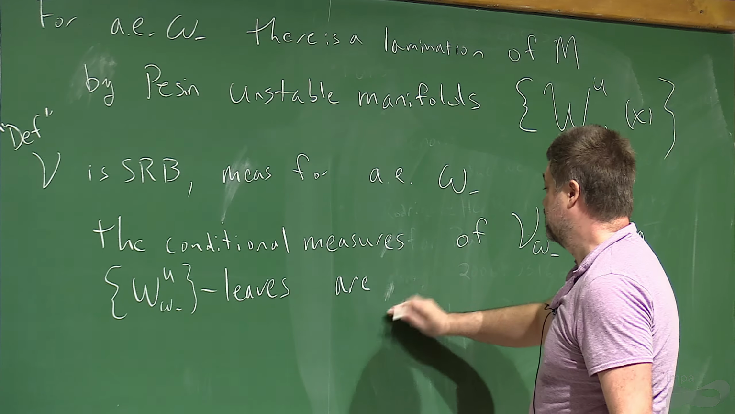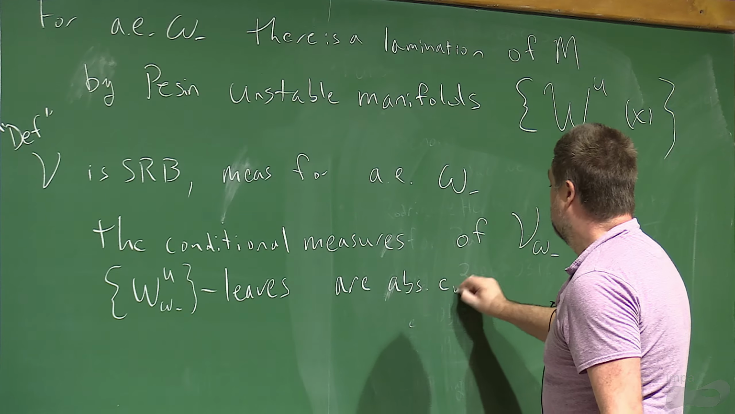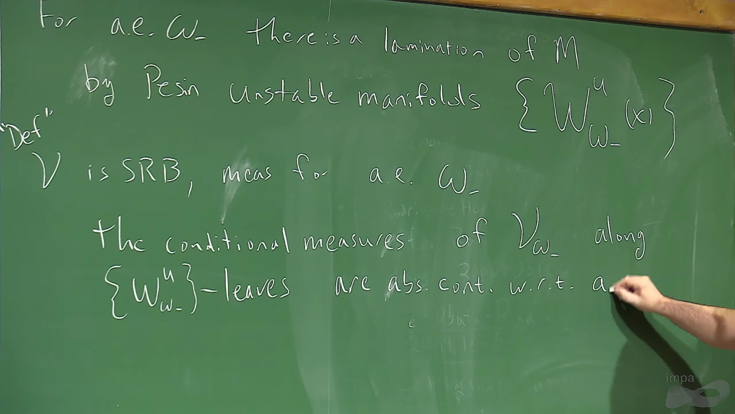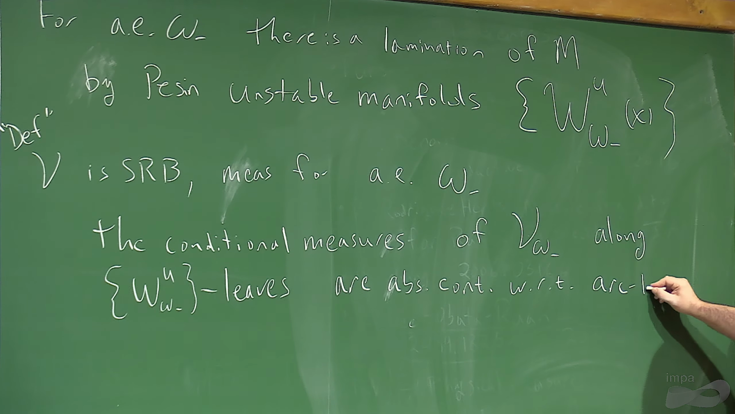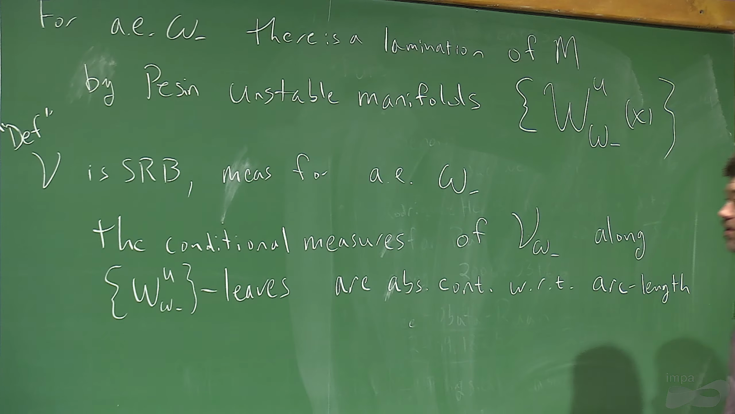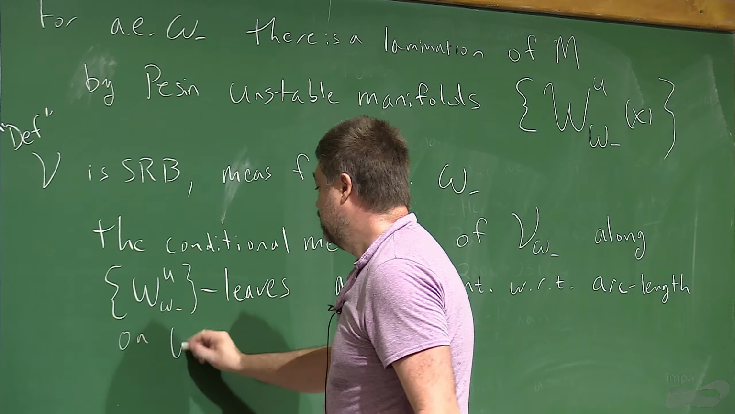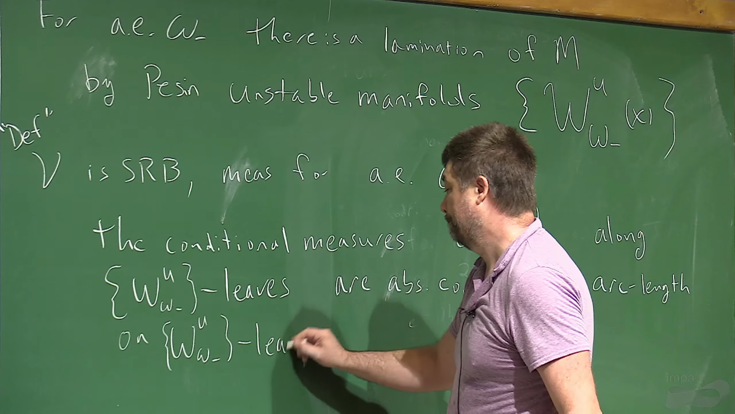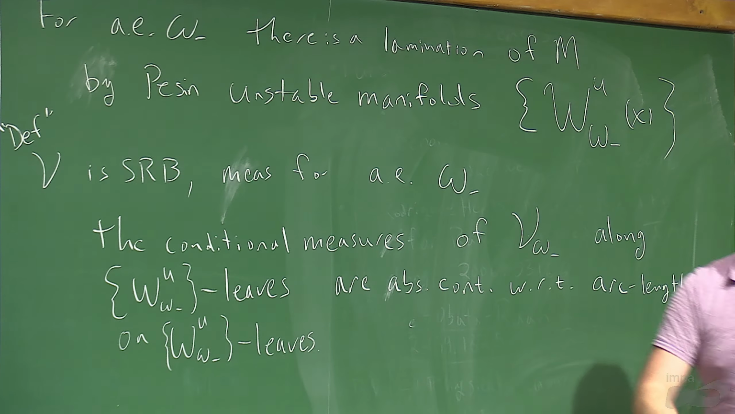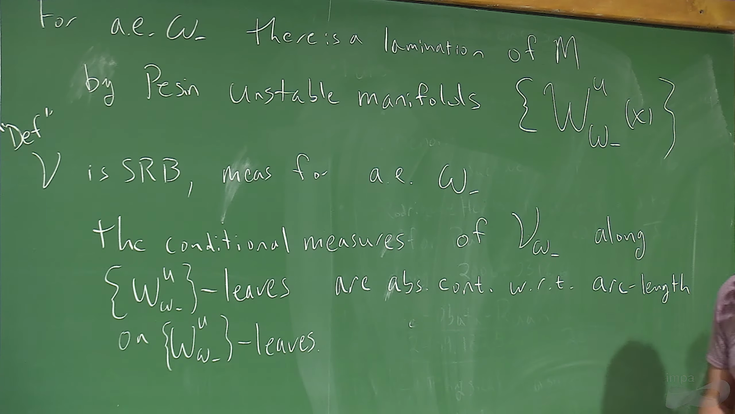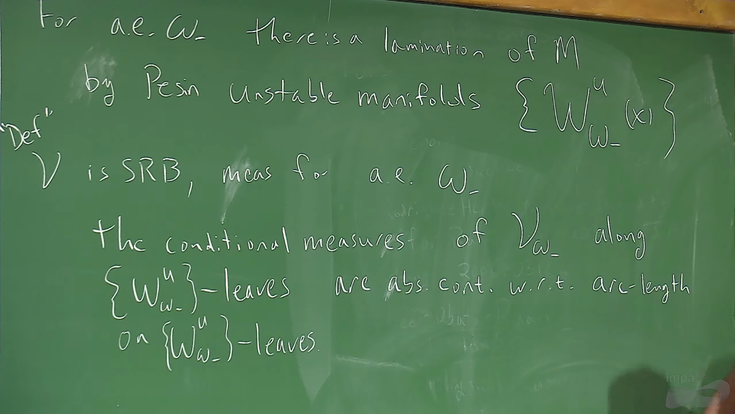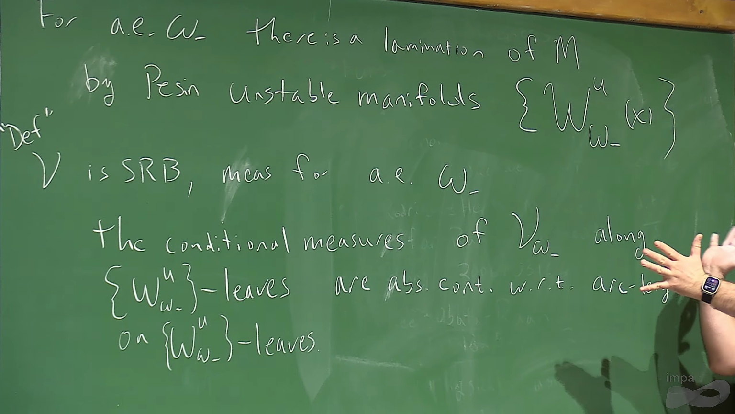These are absolutely continuous. They are absolutely continuous with respect to the arc length or the Riemannian length on the unstable Pesin manifold leaves. Okay, so if you've never seen an SRB measure any time in your life, this probably doesn't make any sense. And then just me drawing the cartoon will be more helpful. But if you've seen SRB measures for uniformly hyperbolic systems or for non-uniformly hyperbolic systems, it's the same definition, except